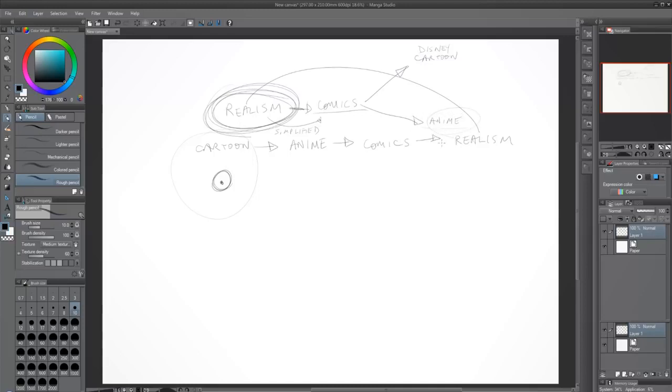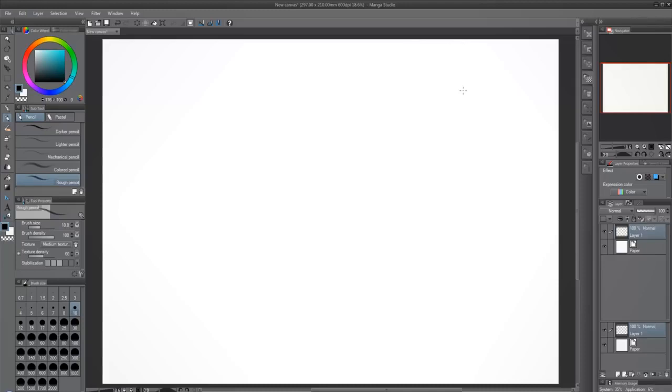And there's a split that happens within anime where you could just simplify as well and add a bit of exaggeration, but there's something interesting that happens, and it happens in cartoons as well, that I'll go over. So, starting with realism,